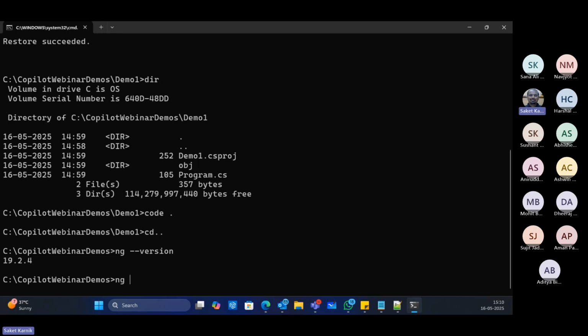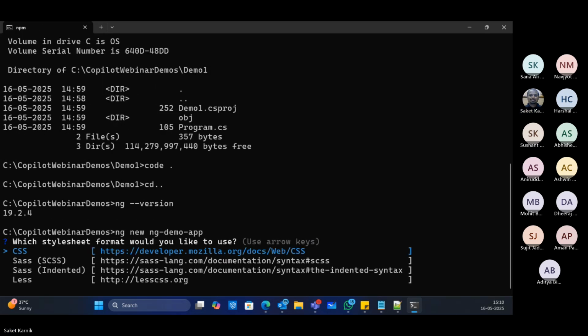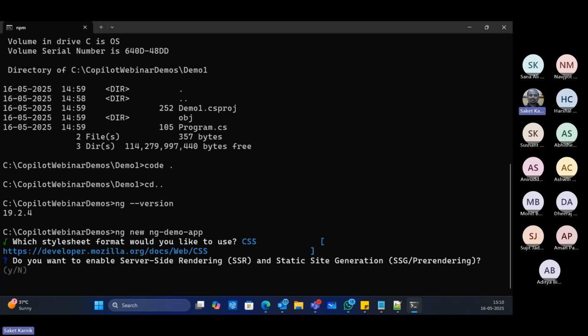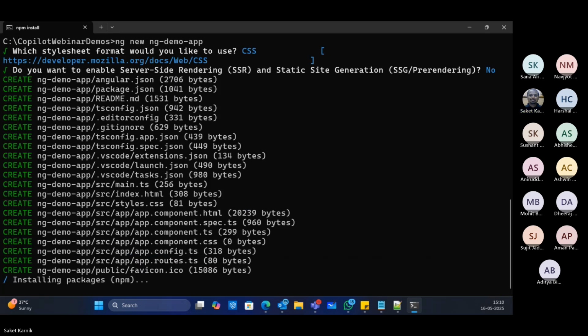So here I go for ng new demo, ng-demo-app, CSS, and I'll say no to this. Let the boilerplate code be generated.